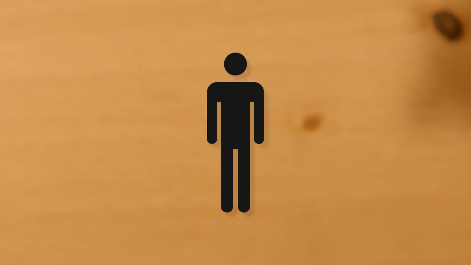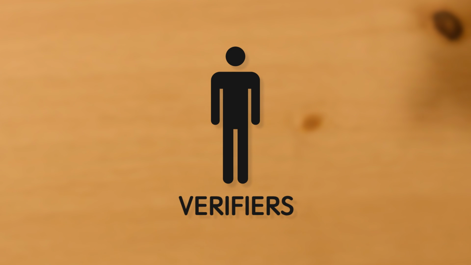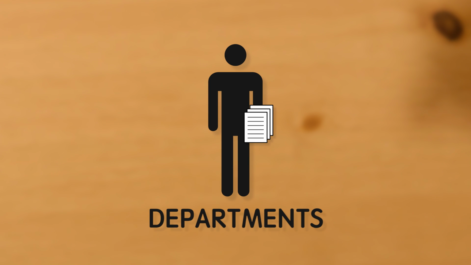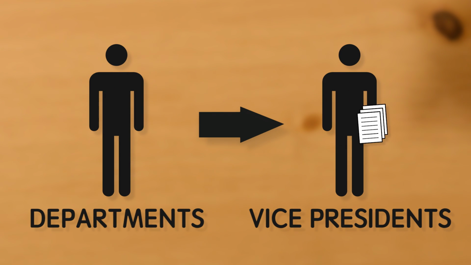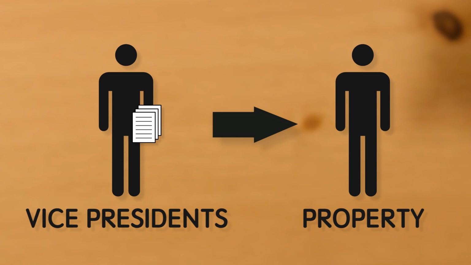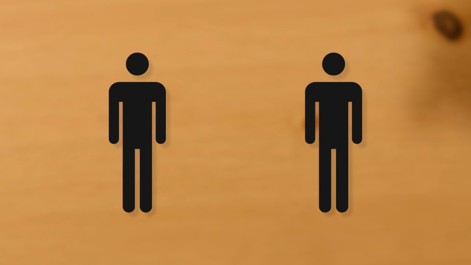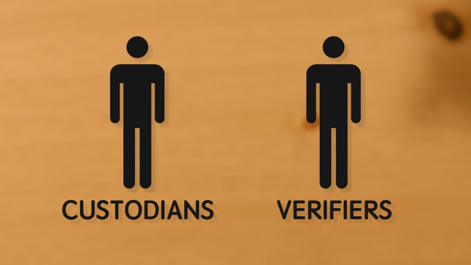Inventory must be conducted by individuals, verifiers, who are not responsible for the property being inventoried. Upon completion, the departments will return the original forms to the Vice Presidents for review and approval. The Vice President will then forward the annual inventory report and all forms to the Property Department on or before the deadline. Property will be responsible for checking that the custodian and the person conducting the inventory are two separate